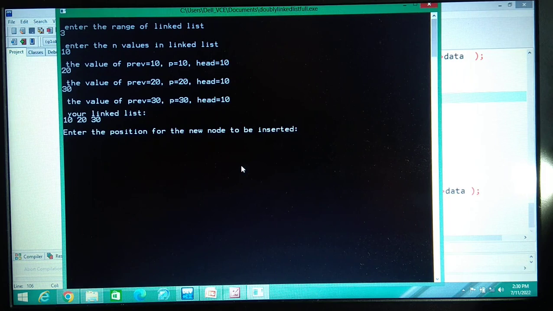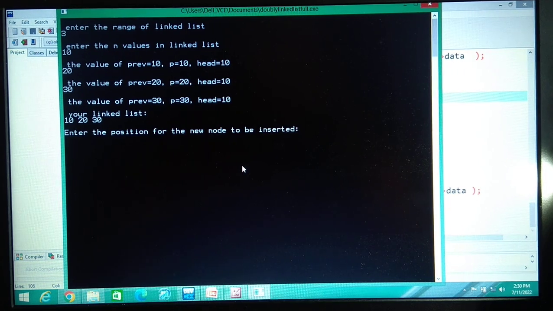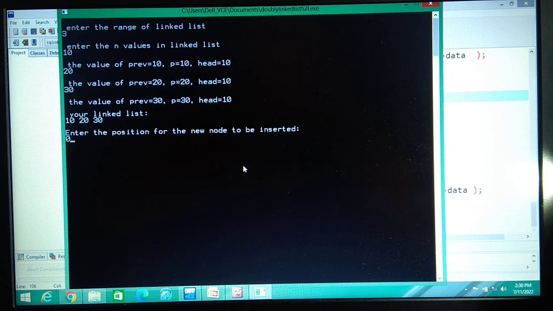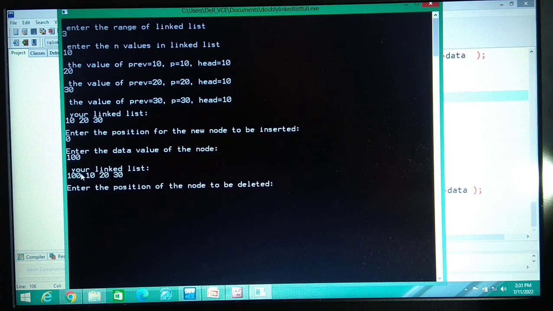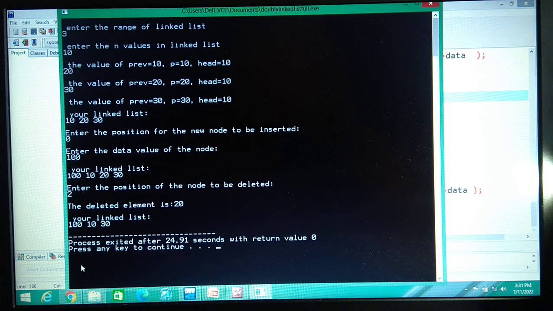So this box has been removed, so you can see that the address of 8666 is here, means in 6656 next link and 8666 previous link, the address is 6656. So this is your answer. I think you understand. Again, if you are facing any problem, you can ask multiple times. And similarly, if you compile, the program will also run.